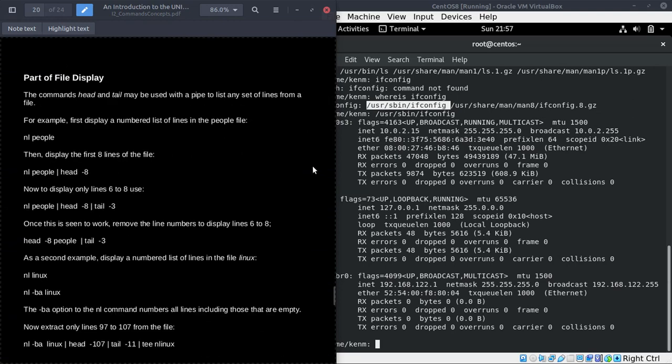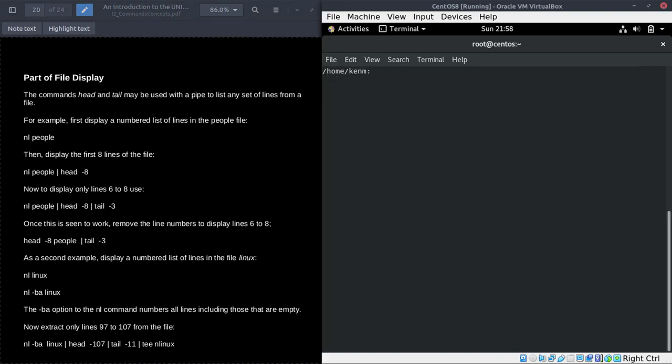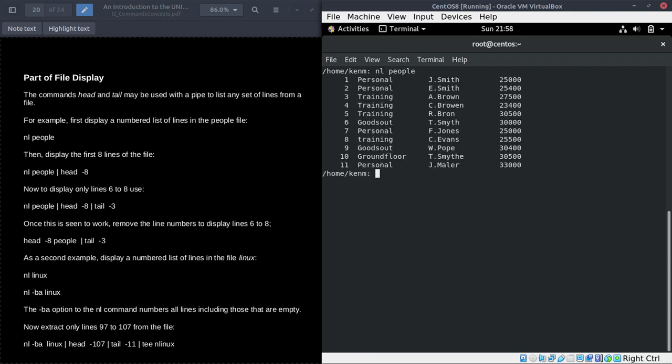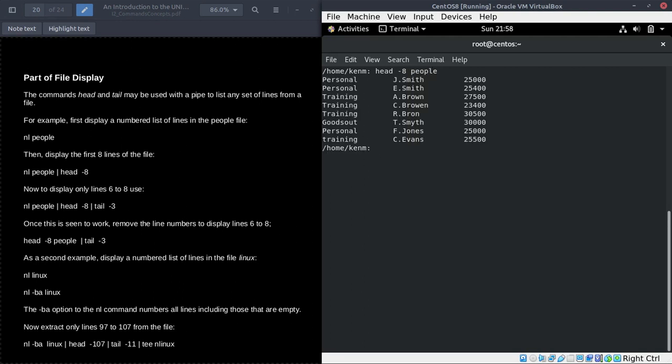So this bit I like. This is part of a display. So let's look at the people file. It's only got 11 lines. If you display the first 8 lines of the file, you can do it several ways. You could do it like this: head -8 people. But I want to see line numbers, so the way to do that